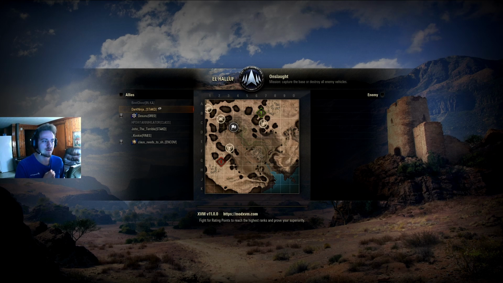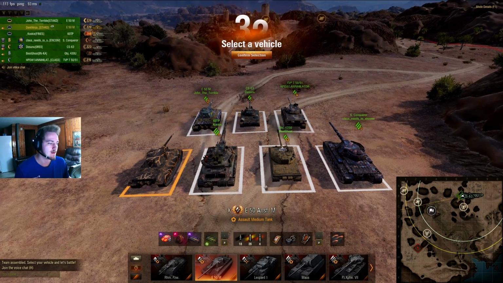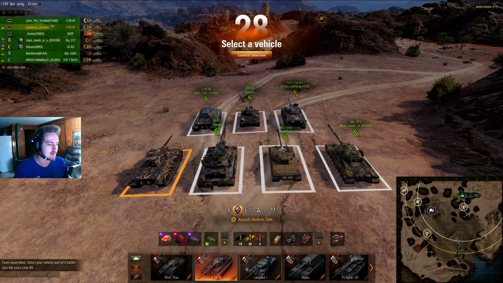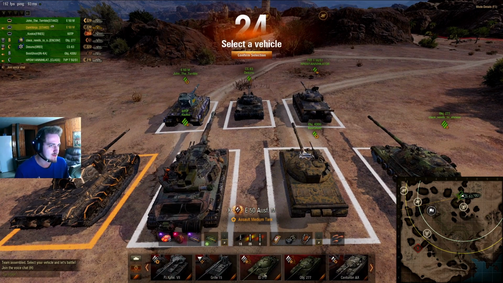Alright, we get El Haluf. Now this map is pretty tricky for me, because the A1 fight, you always want to fight the north. The only reason to ever go south, well, there's no reason to ever go south in my opinion. It's just too advanced of a strategy to use with random players. Like, better just to take the fight north. But there is one reason to